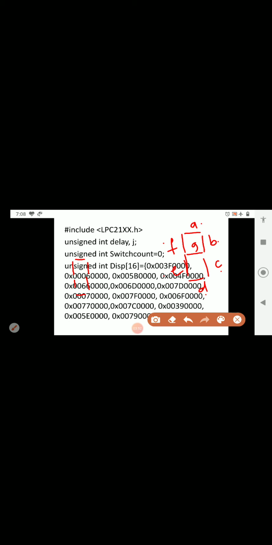Similarly, to display 1, we need only the B and C LEDs to be glowed. Other than those, we do not glow any other LEDs. Like that we glow the segments to display 2.